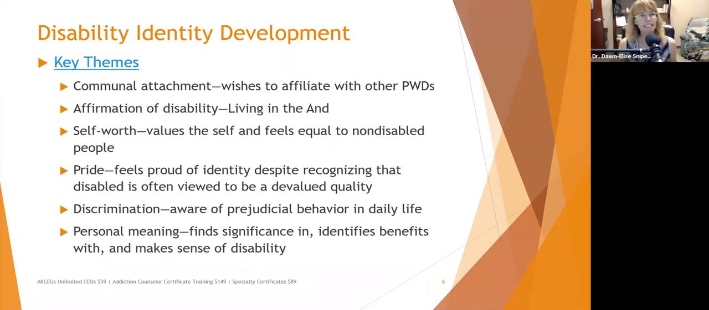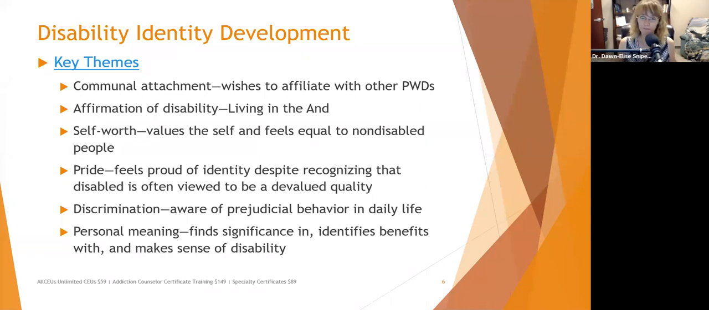They say, yes, I've got this condition, whatever it may be, and I'm an awesome person, and I am going to live my highest quality of life. I'm not going to let this stop me. It may mean I have to do things a little differently. They have a sense of self-worth and feel equal to people without disabilities. They don't devalue themselves because they have